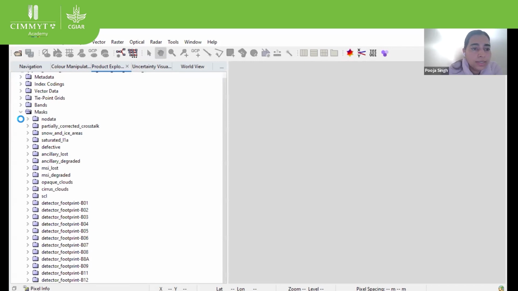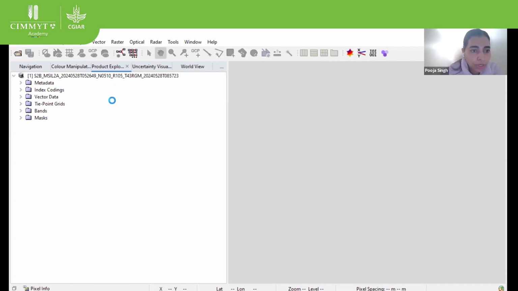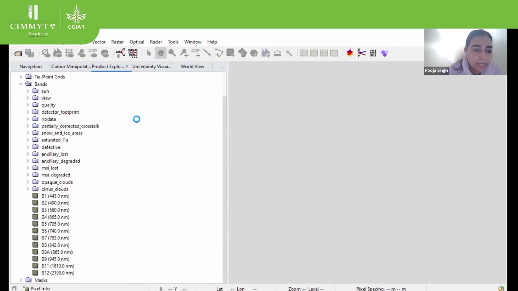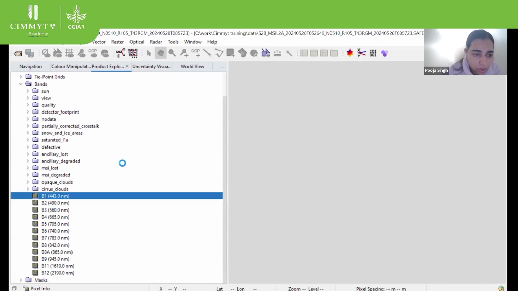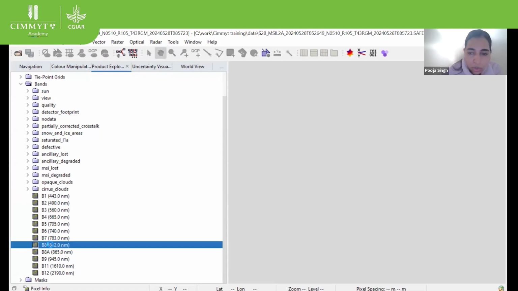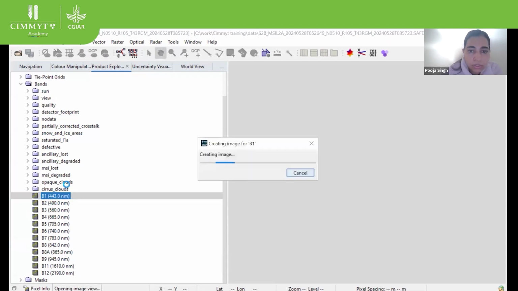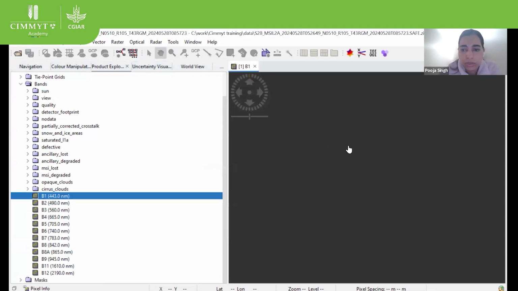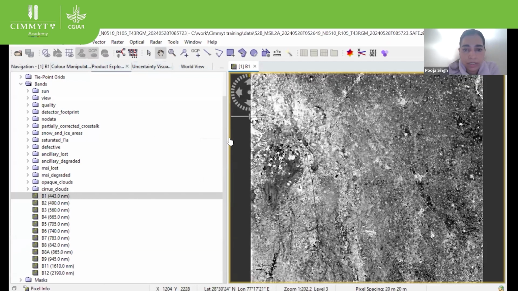Once you successfully upload your image, just go to the bands. These are the different bands. So B11 and B12 are your SWIR bands. B1 is your cloud mask, cirrus band. And B2, B3, B4 are your blue, green, and red bands. B8 is your infrared band. So just to show this one band,